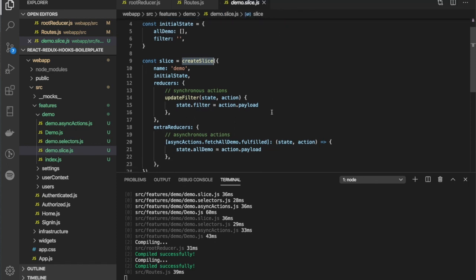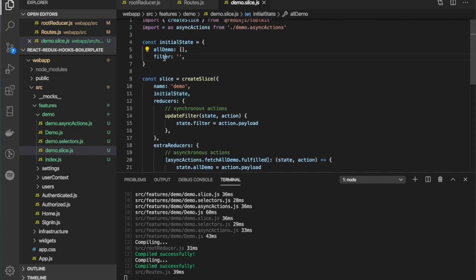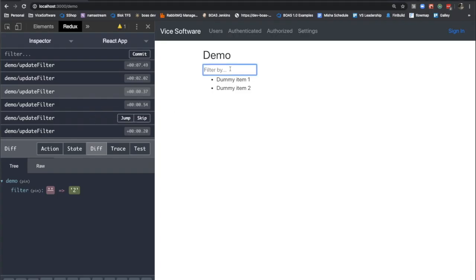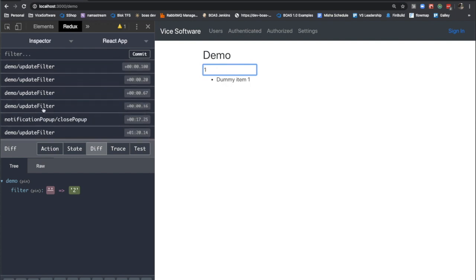Toolkit's createSlice. This allows reducing boilerplate quite a bit, because if you use createSlice, we tell it what the name of that slice is going to be and what the initial state is. Here we're going to have all demo and filter. And then we add to it reducers, and so we have our synchronous reducers up here, or I guess I should say synchronous actions, because it's actually a combination of an action and a reducer. So for the update filter that we saw, when we do this,